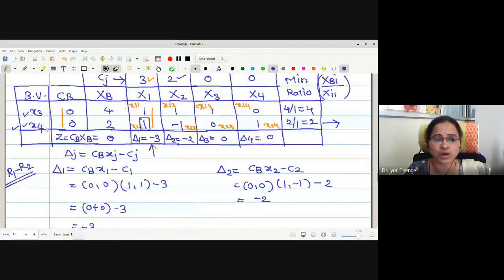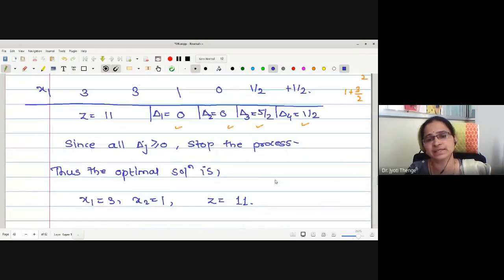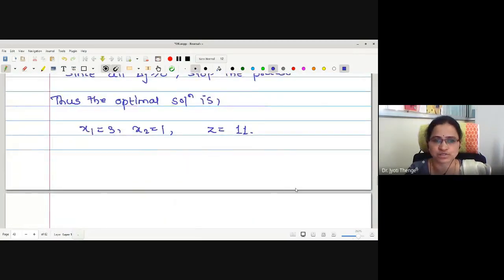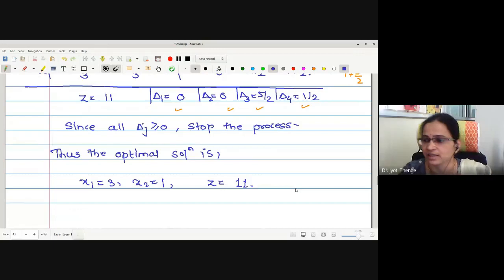Here we want x1 to be the variable. Therefore, we are converting the vector corresponding to x1 as the second column of identity matrix. And what is the second column of identity matrix of order 2 by 2? 0, 1. For this entry we want 0 and this we want 1. Okay. In the next table, we will do with a shortcut process instead of writing everything in detail like this.